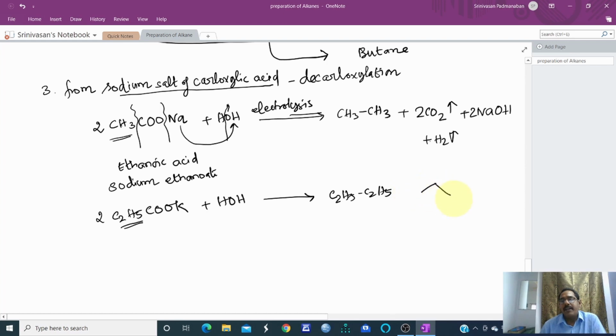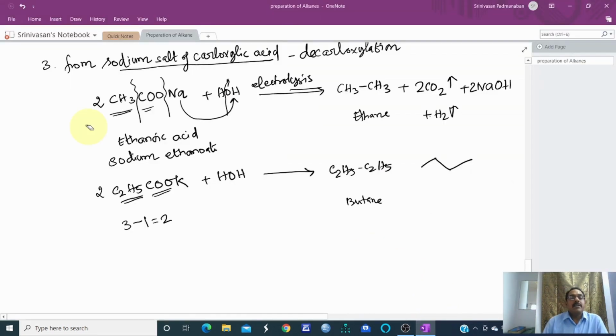So if we put the line diagram, it will be like this. So this is how it will be formed. Now let us think of this preparation in terms of the Wurtz synthesis. We have taken two carbon atoms here, but of those two carbon atoms, one carbon atom will be removed as carbon dioxide. The remaining one will dimerize to form ethane. Likewise, here we have taken three carbons, and one will be removed as carbon dioxide, and the effective two carbons will form butane.